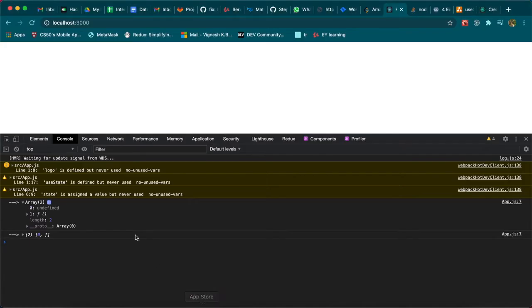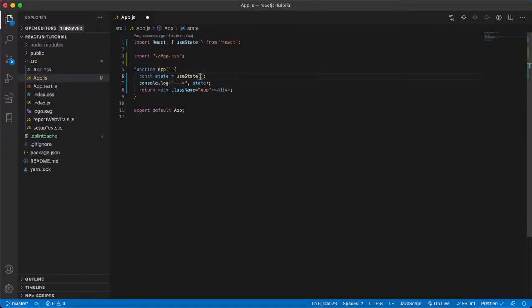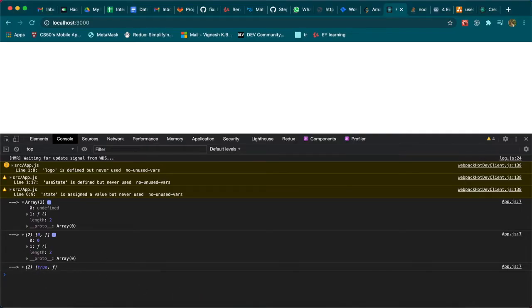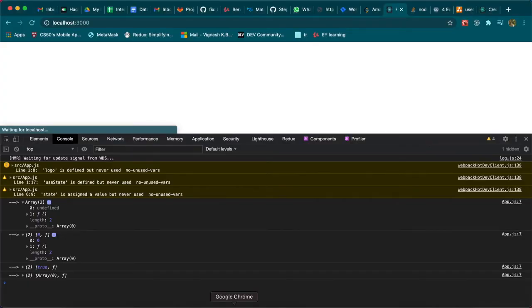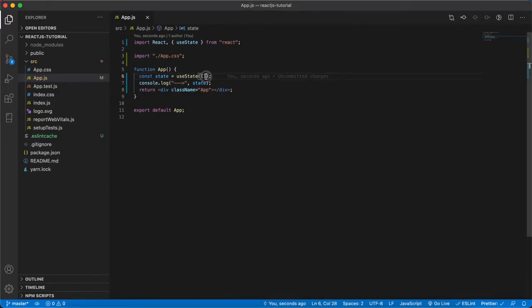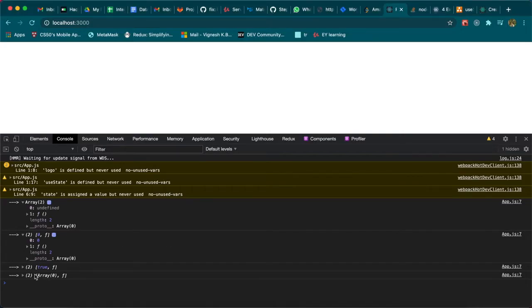Now we are giving it as 0, which is a number, and you can modify the 0th element with the second one, that is the function coming at index position 1. Similarly you can do it for boolean, objects, arrays, and everything. That's what I'm showing over here. You can see the array of 0, and similarly you can do it for the string as well.